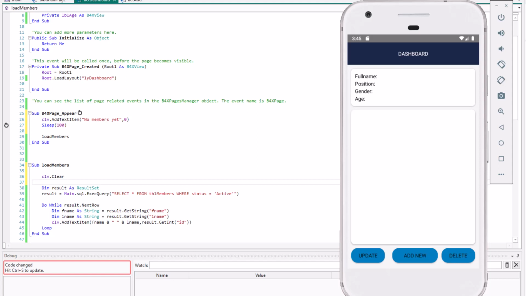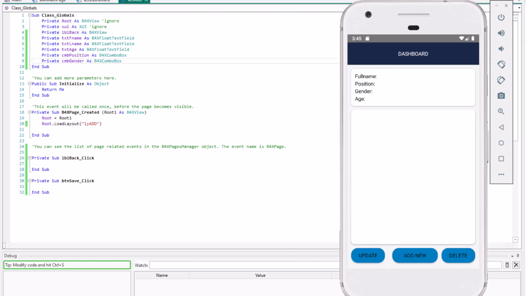Now this will make sense. No matter what, it will run here, you will fix this later. Okay, so now let's work on adding members to the database.